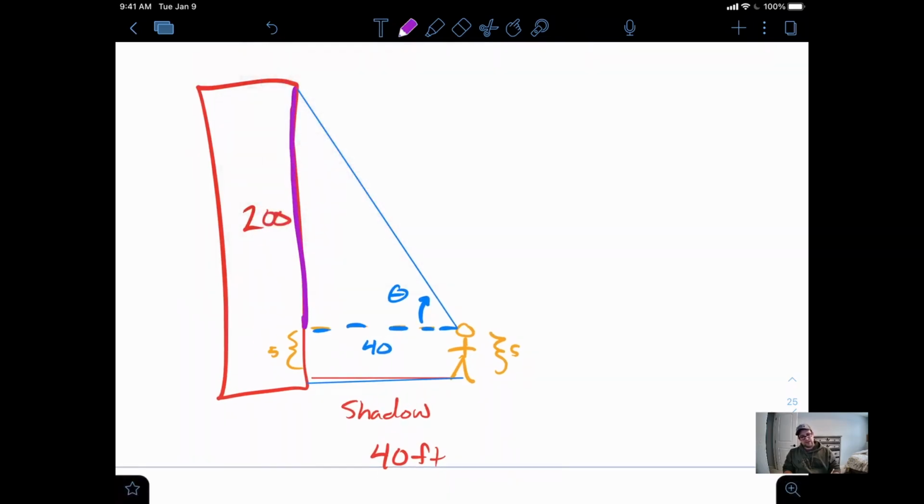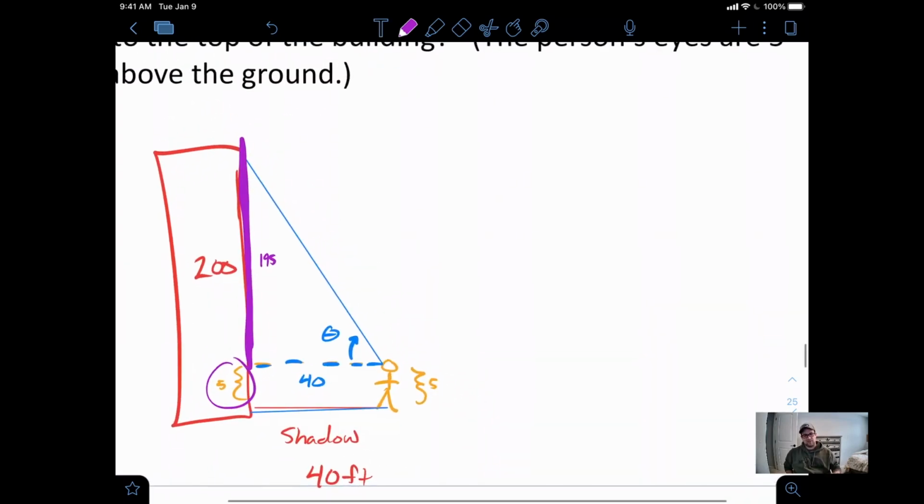So we're thinking about it in terms of this triangle now. So the whole building was 200 feet tall, but when we started thinking about this, we're coming from a stance of this 5 foot is going to be kind of wasted in terms of this triangle. So this side of the triangle will only be 195 feet tall. So coming over here, if we want to find this angle, we know the opposite side and the adjacent side. So we're going to use tangent. So we're going to say tangent of our angle is equal to our opposite, which is 195, over our adjacent,